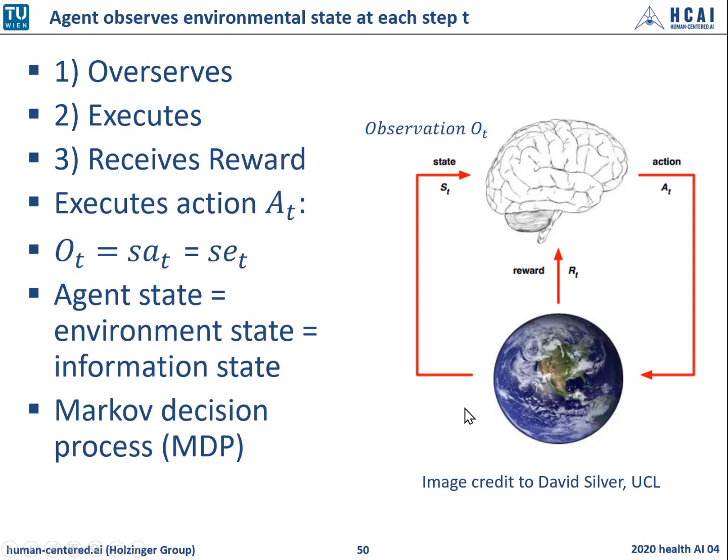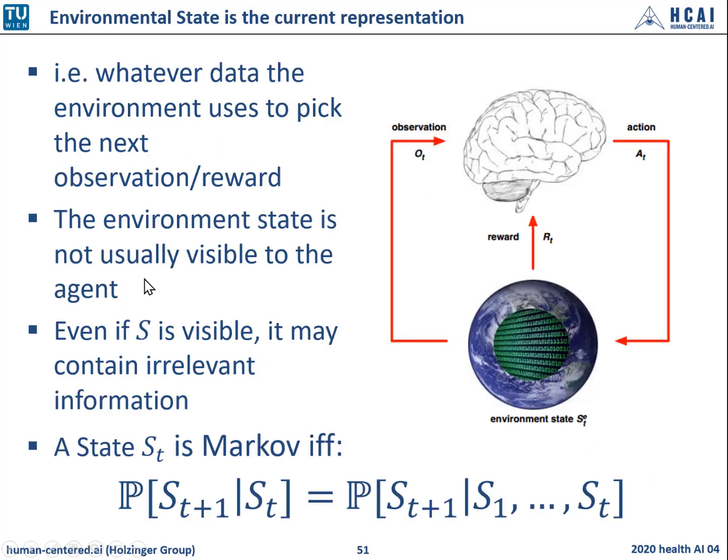typical Markov decision process. So here the main problem is that even if S, the large S, is fully observable, it may contain noisy, irrelevant and useless information, or even in the medical domain, wrong information. So please remember always that a Markov state contains the information from the history. The future is independent from the past given the present. And this can be a real disadvantage. Think on transfer learning. Okay?